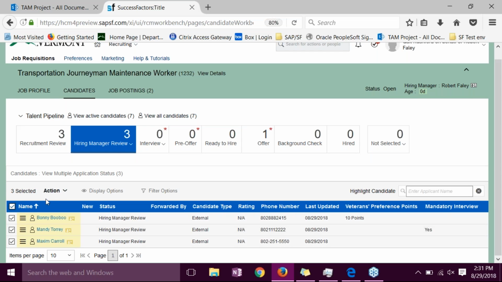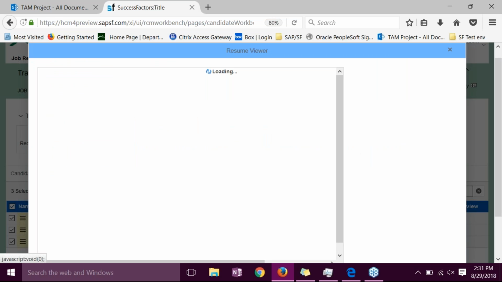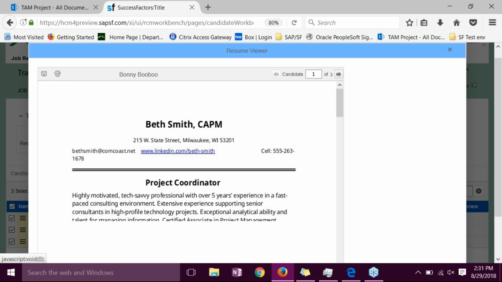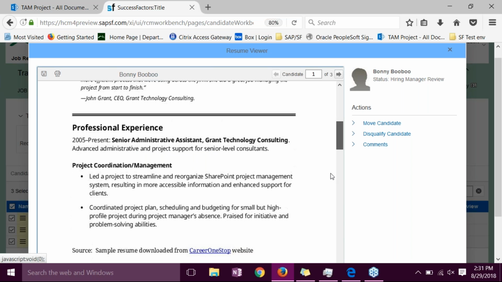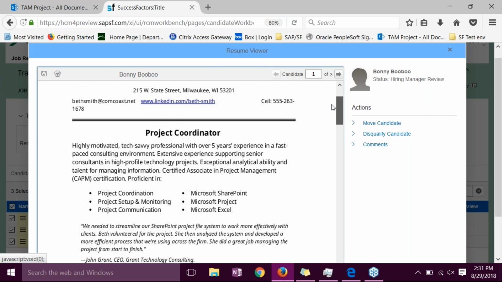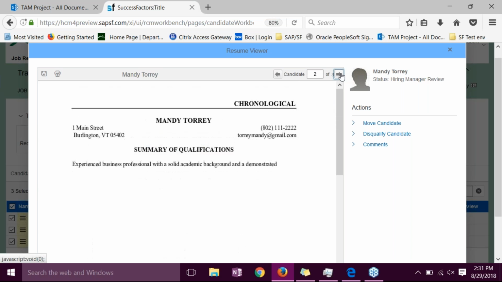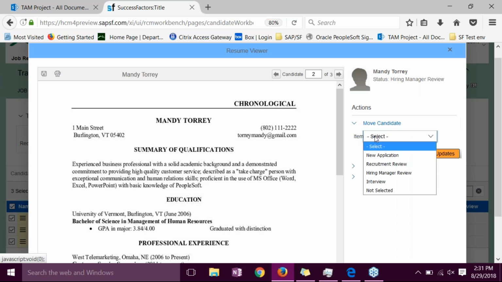So let's say the hiring manager wants to review their resumes. He could just select all their names, as I just did, and click on View Resume. And then we come to this handy little screen or page where you can scroll through the resumes of the candidate. So here's the first one, and I just click on the little arrow to move to the next one. So now I'm looking at a different candidate. I can take action on them here. I can move them to the next